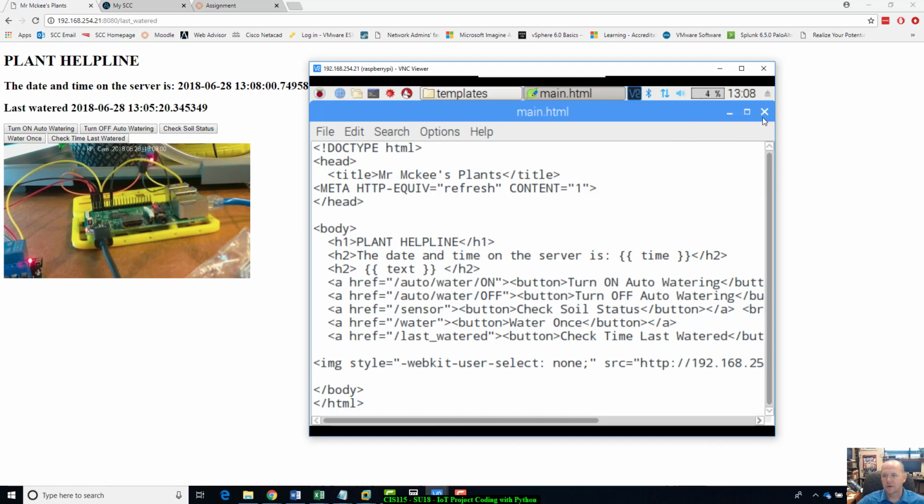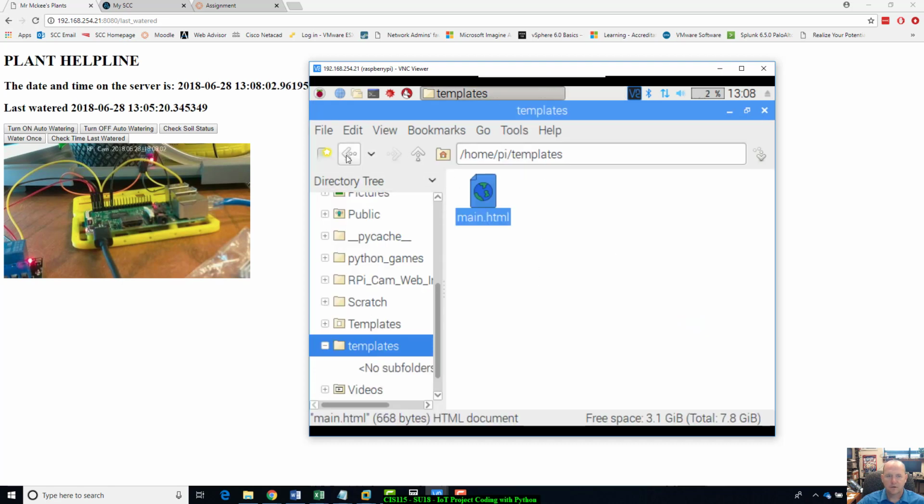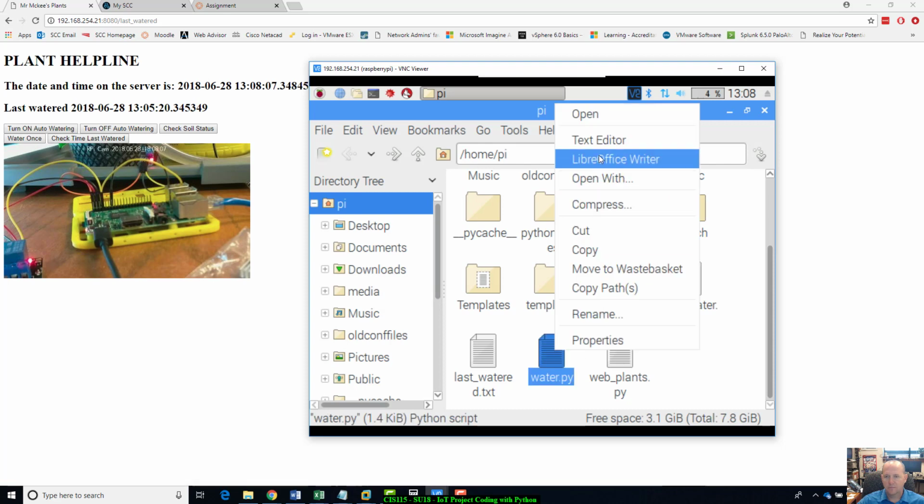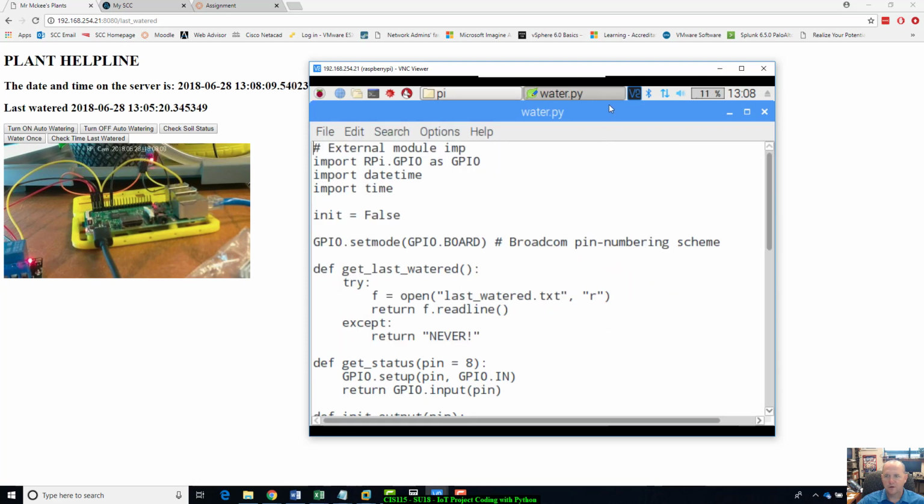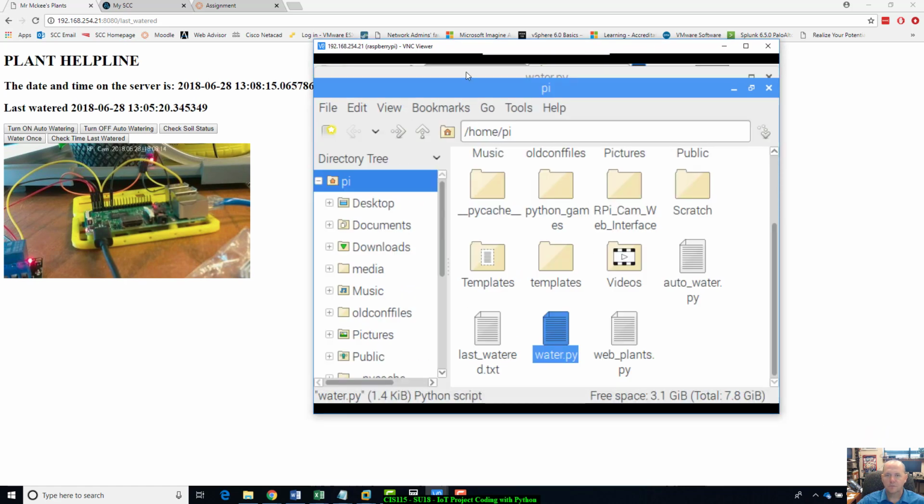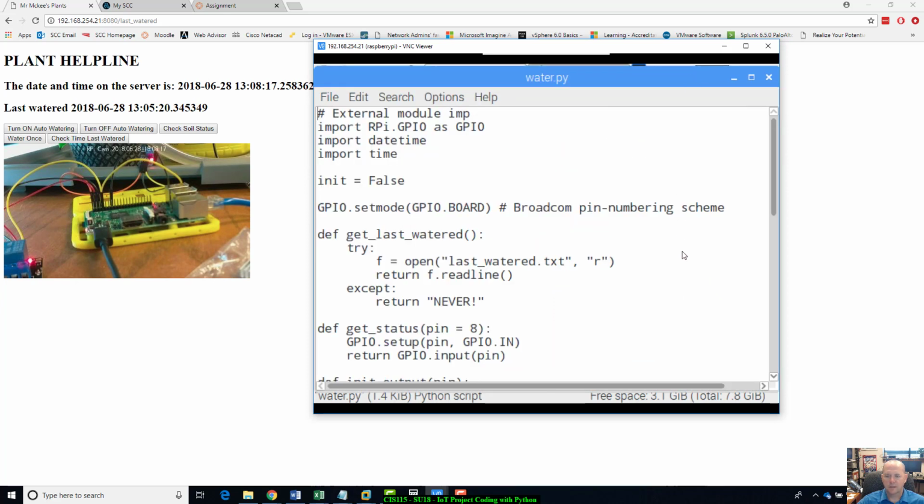That's the HTML document. Go back here. All right, the main Python document is right here. If I were to use this as an example for the project, whoops. Oh, you know what? Since it's running, it might not let me have that up. All right, so import